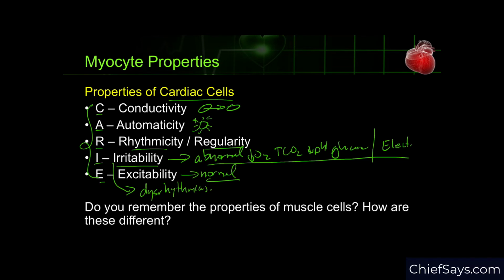Some of those are found commonly without causing a lot of problems, like PVCs, or premature ventricular contractions. Now, muscle cells also have properties that are shared with cardiac cells, from skeletal muscle to cardiac, but one of them that we'll focus on is contractility. Now notice I didn't list that in the other list, although some texts do,